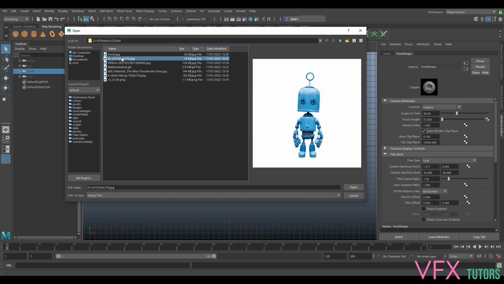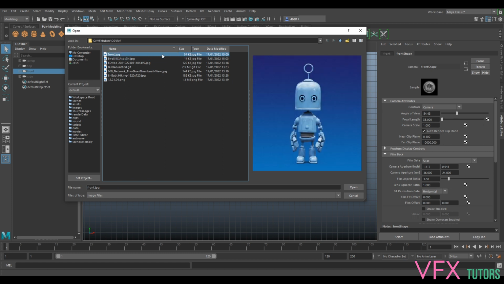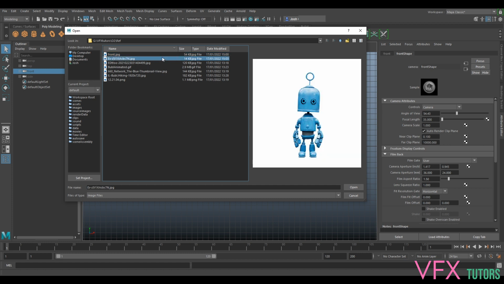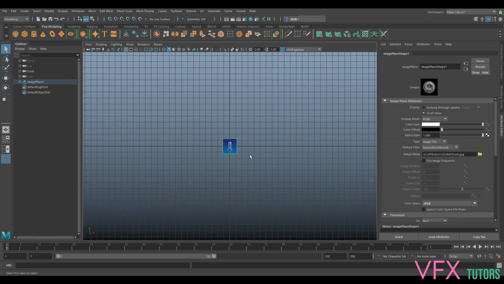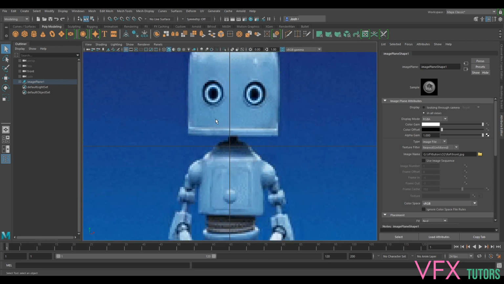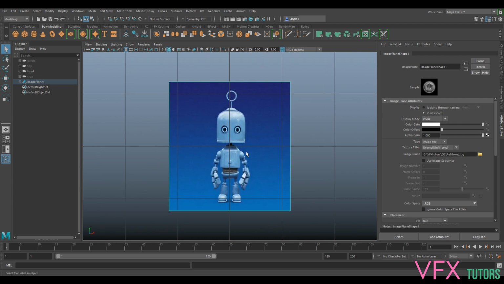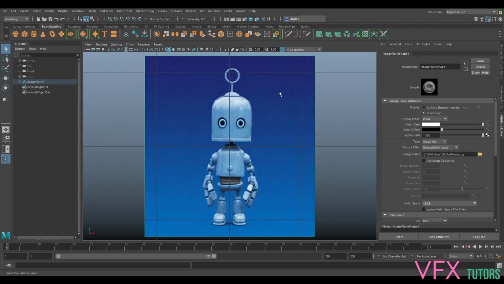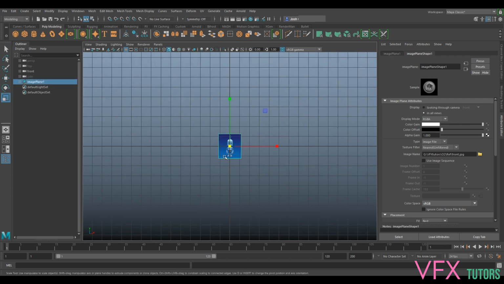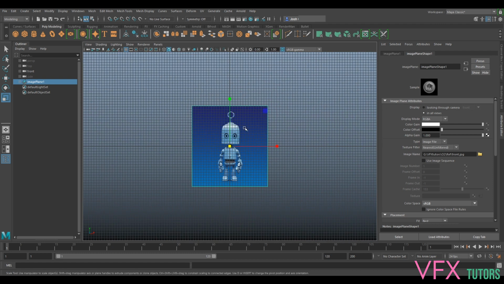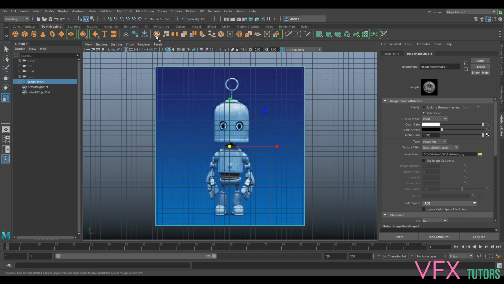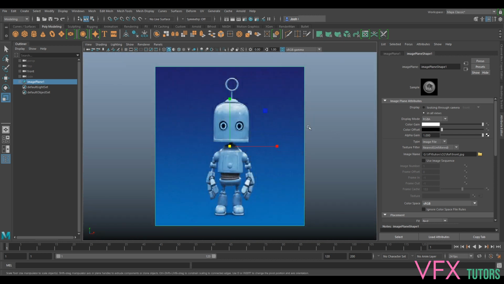So I'm going to load in, I think this one's higher resolution, okay, because that one's got his head straight. So I'm just going to click open on that one. You can see it's not great resolution, but we don't need anything that big. You can just scale this up if you want it a bit bigger. We'll worry about scale after we've done this. But for now, we're just going to remove our grid